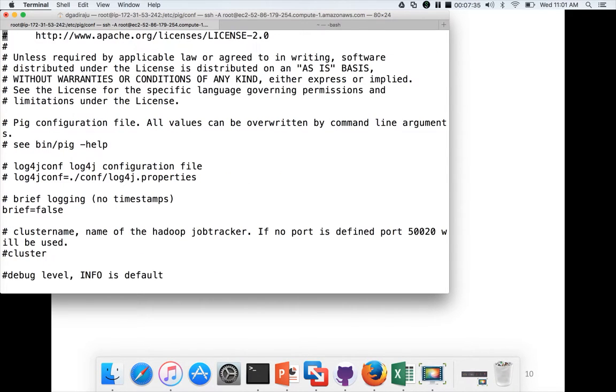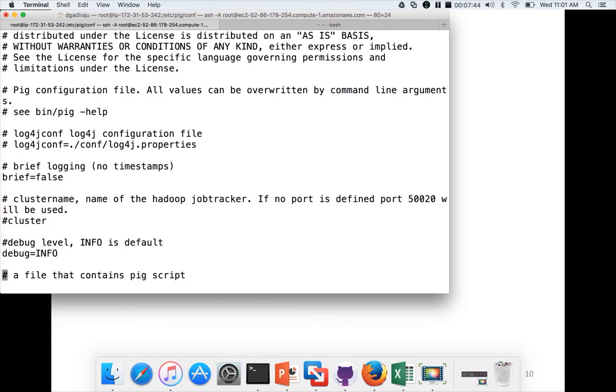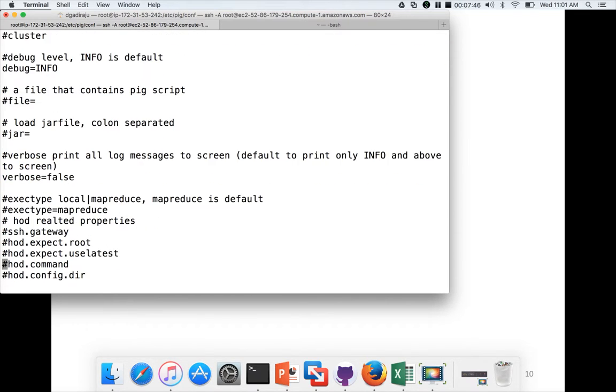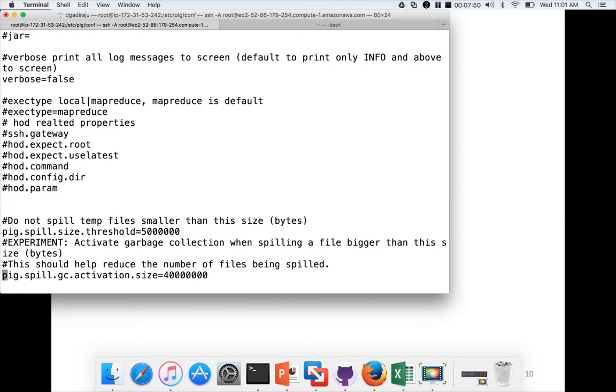And unlike HDFS, yarn and Hive or most of the other technologies, pig does not have XML files for the configurations. Instead it uses key value format of properties. So here if you want to override any parameter, you just have to give the parameter name equal to the value.